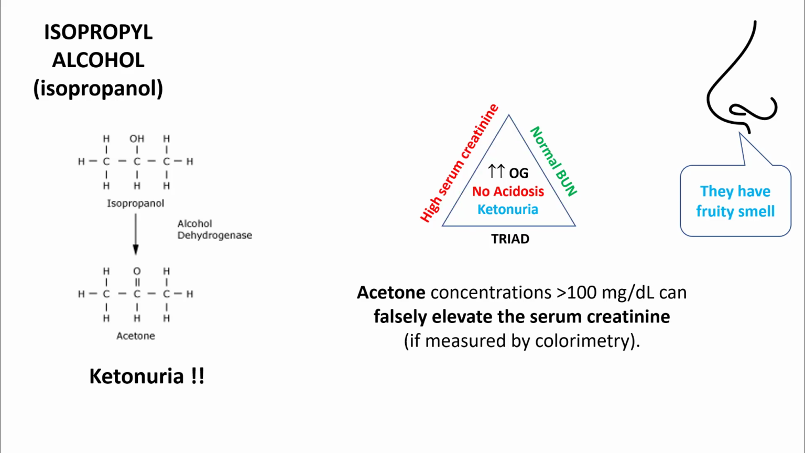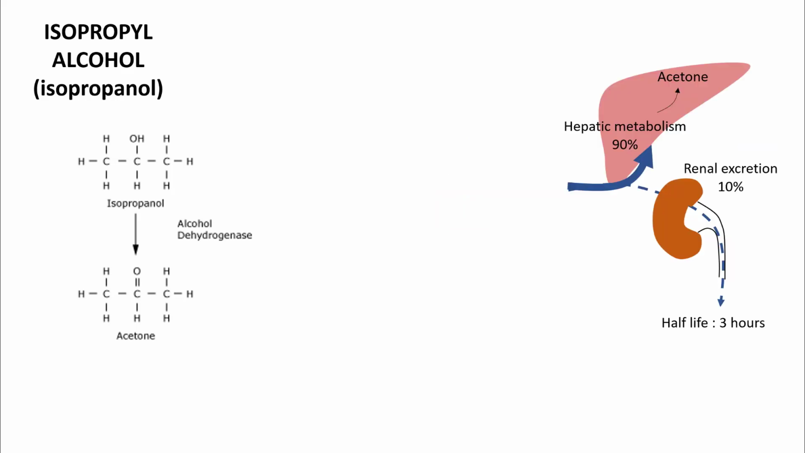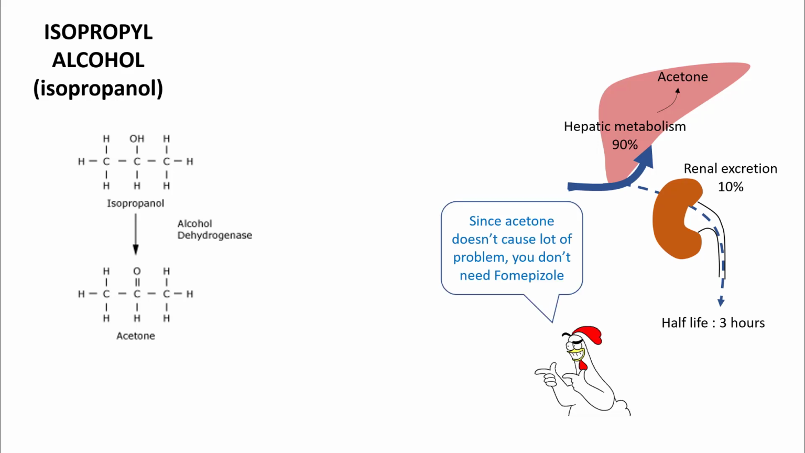High levels of acetone can falsely elevate serum creatinine if you're using colorimetric method to measure it. So you might see high serum creatinine in these patients with normal BUN. Isopropyl alcohol is mostly metabolized in liver to acetone, and only 10% of it is excreted unchanged in the urine. Half-life is 3 hours. Since acetone doesn't cause a lot of problems, you don't have to use fomepizole in these